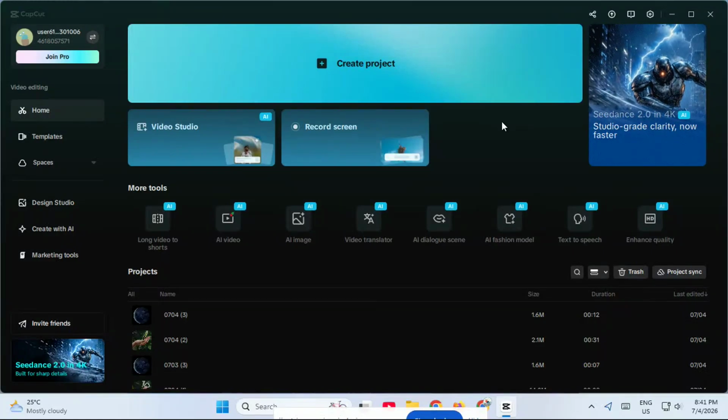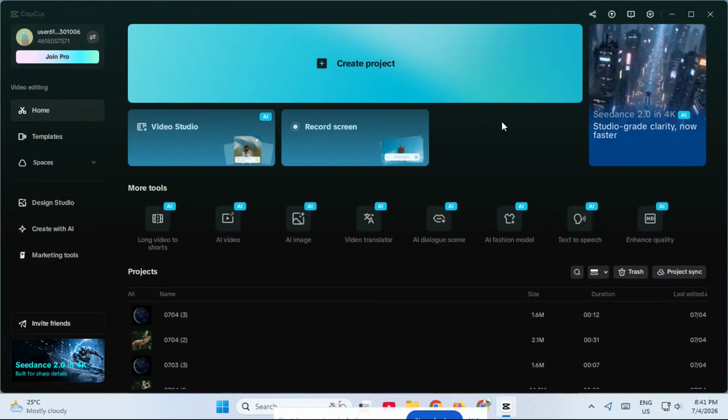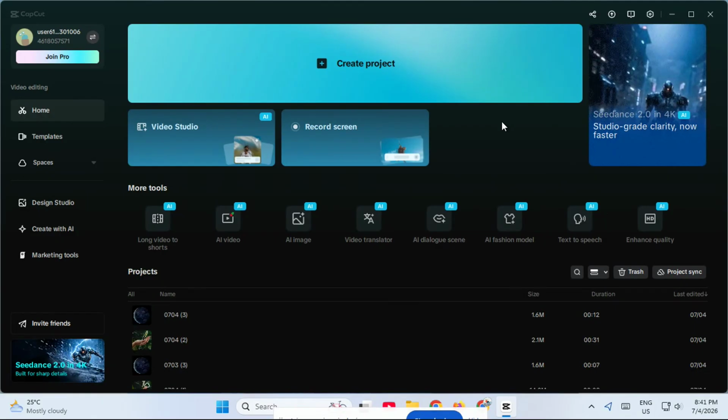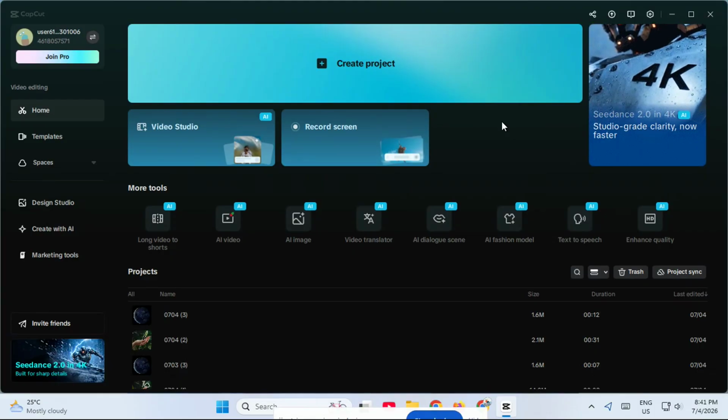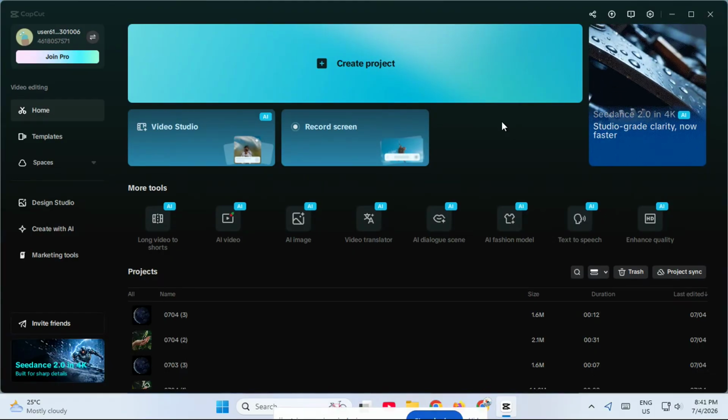If you want to free up space in CapCut and remove extra documents and data, this quick tutorial will show you exactly how to do it in just a few taps. This is a simple way to clear unused cache, reduce storage clutter, and help the app run a little smoother